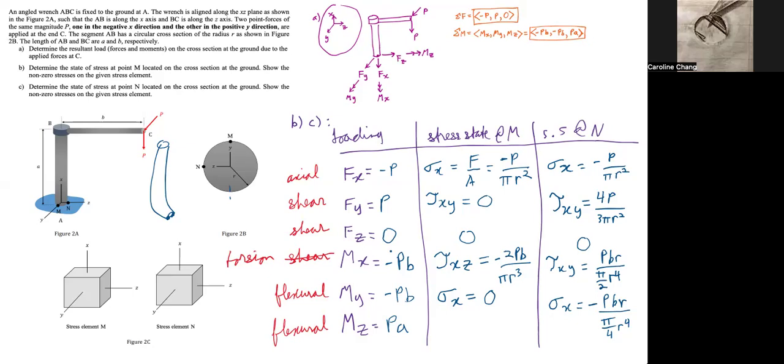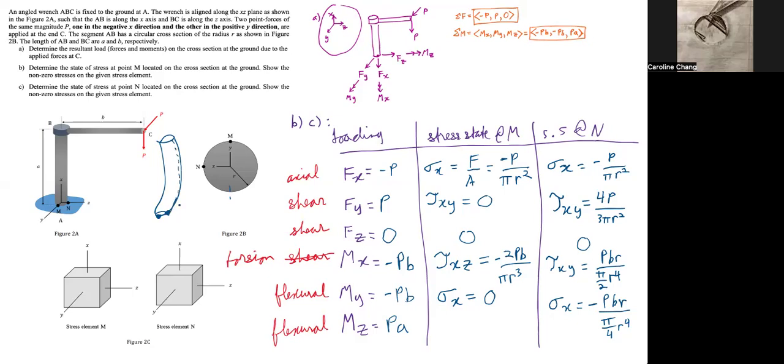The moment around the z-axis is going to, oh wait, actually it is bending towards us, I guess. So we drew this kind of wrong. So let's redraw it. It's going to be bending in this direction. And the stress element M is going to be here and N is going to be here along the neutral